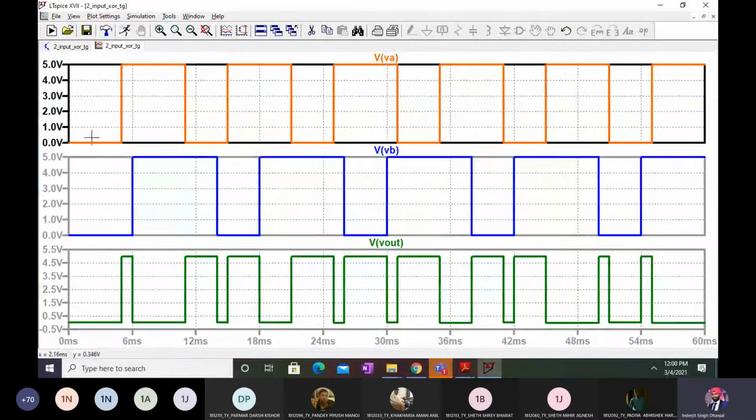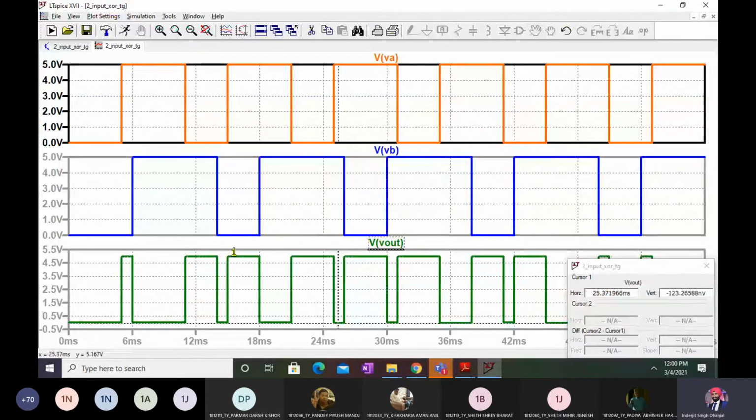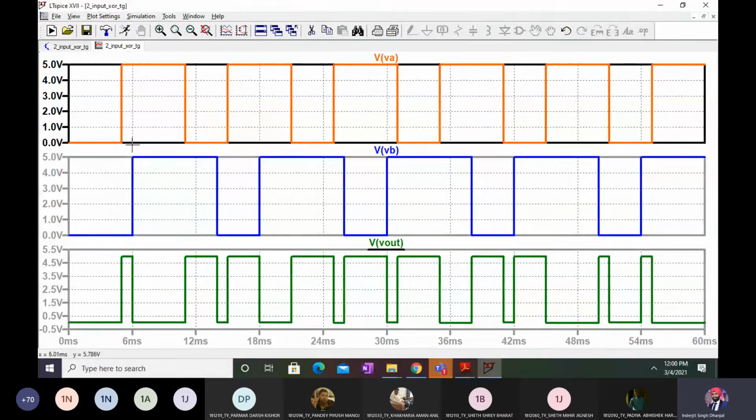It is correct. Next case is 1 and 0. 1 and 0 should give 1. Yeah. So let us check whether the output is full swing or not. Here you see the output is 5 volt and when logic 0 it was 22.7499 nanovolt. It is as good as logic 0 only, 0 volt. So it's giving the full swing. Now let us go to the next case. Next case we have over here A is 1 and B is 1. So the output will be logic 0. Correct it is.